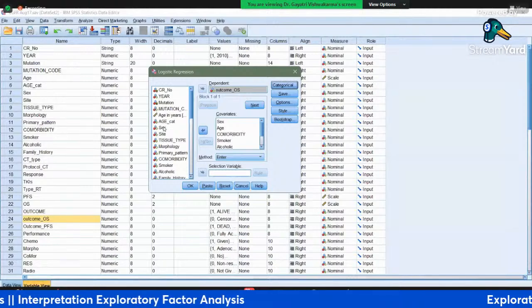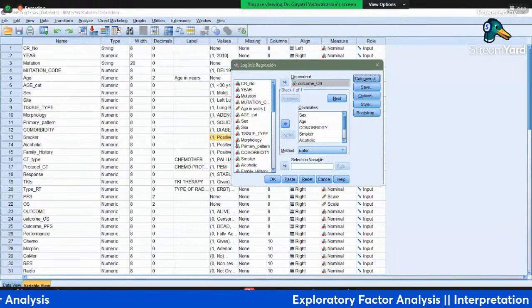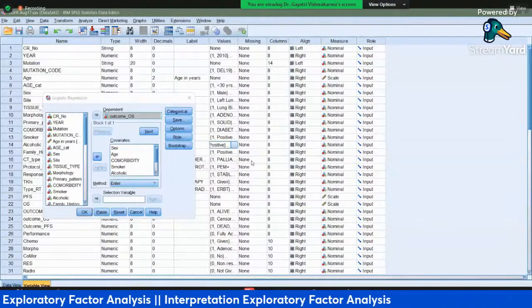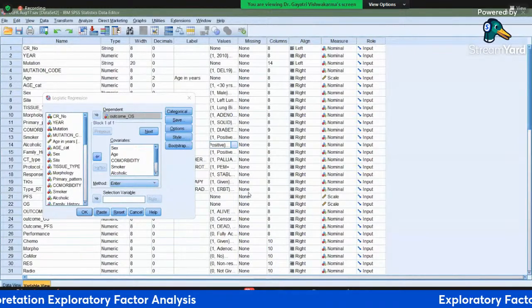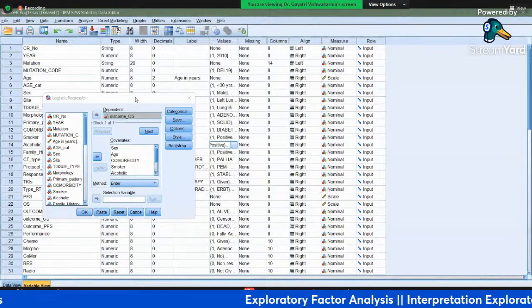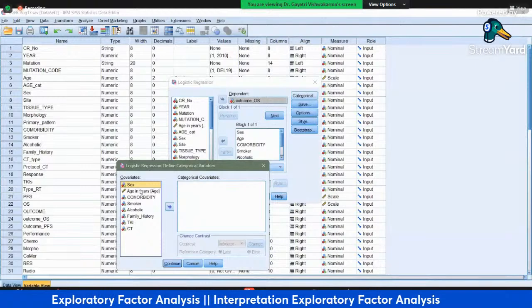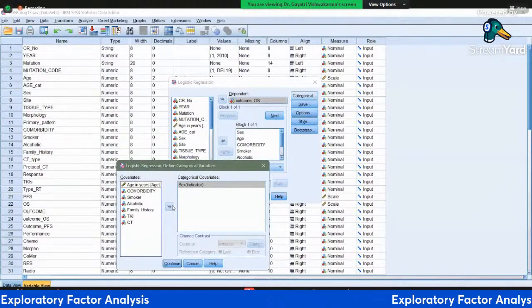Sorry, so that means yes and no. So negative is 2. So I am okay with the reference category being negative because I want to interpret about the positive, that means those who are smokers, what is the criterion? So I'll go with the last category only. I have to put this category again, all categorical variables. Okay. And then continue.